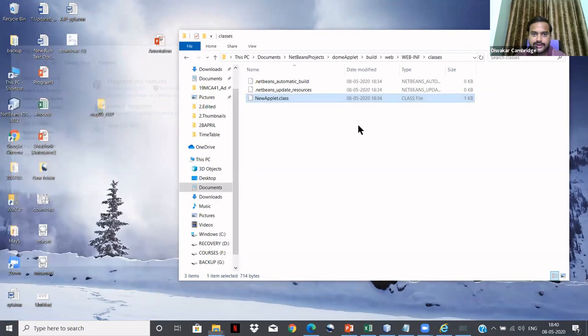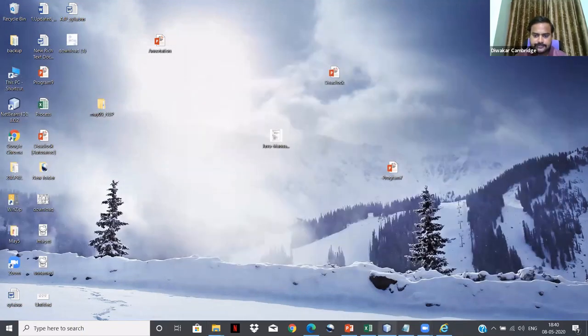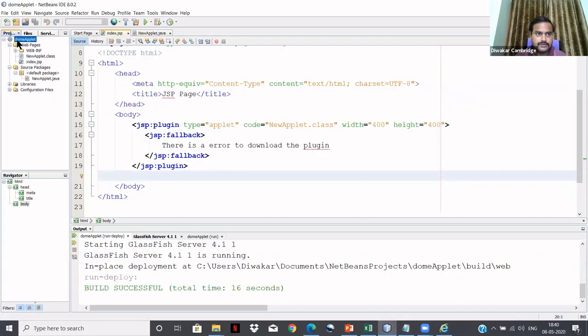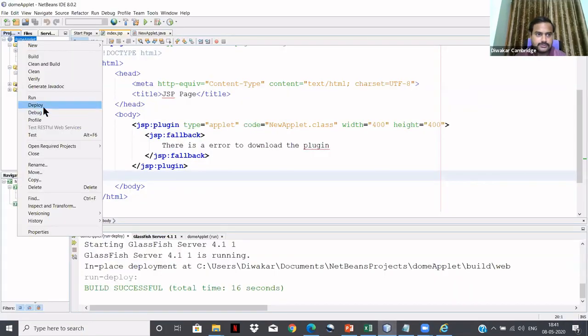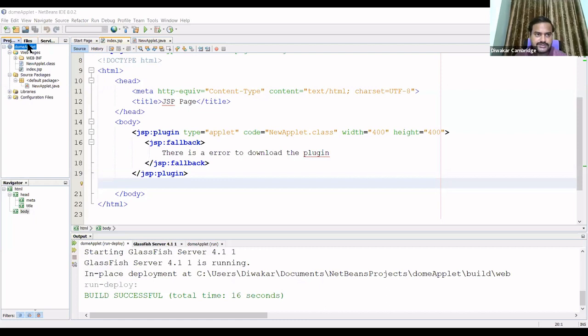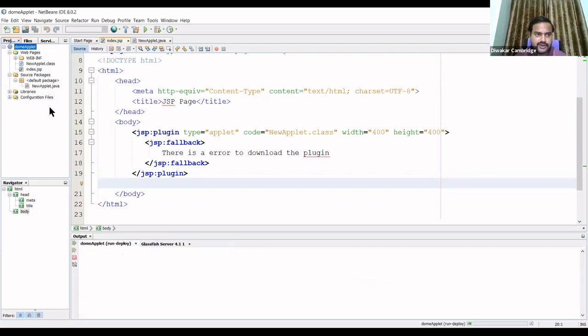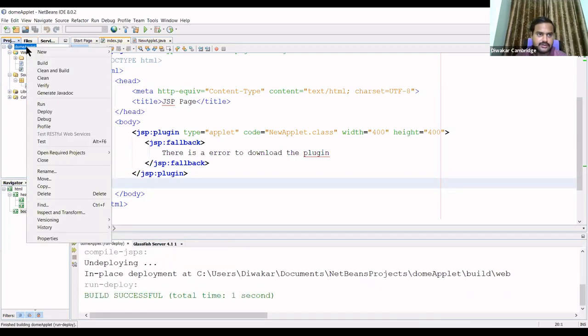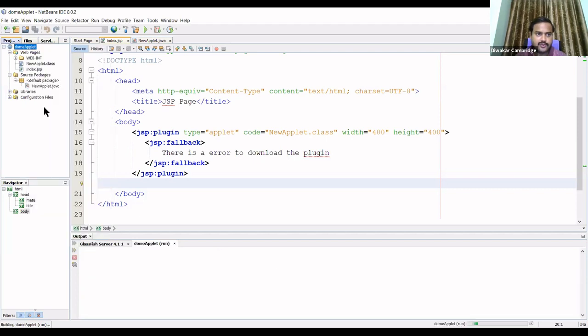Now what you're going to do, you go to the NetBeans editor, deploy it and run your project.